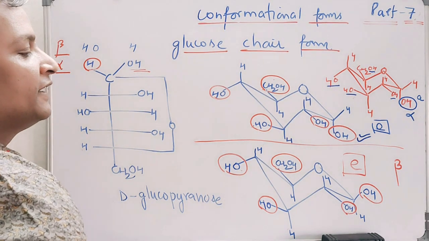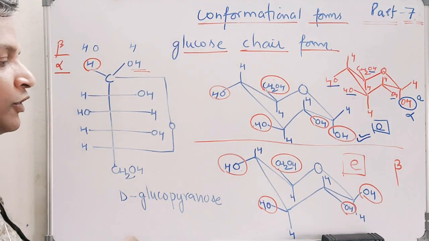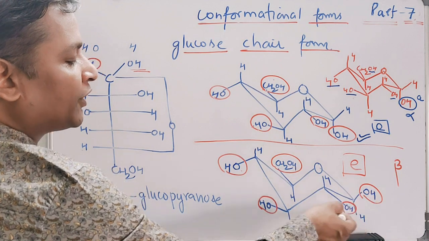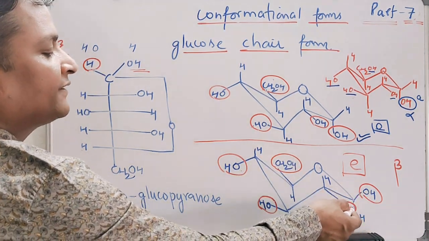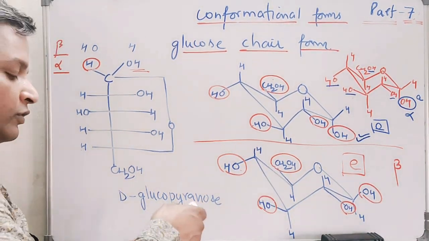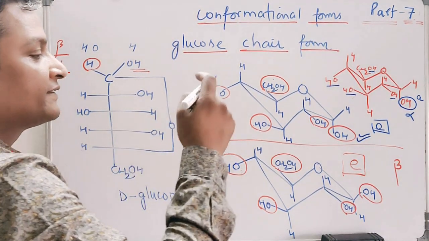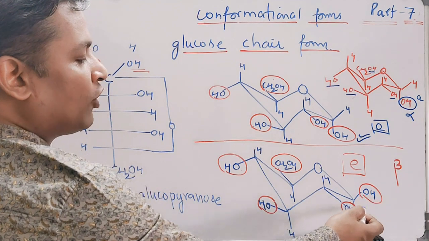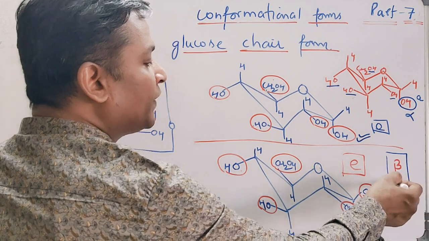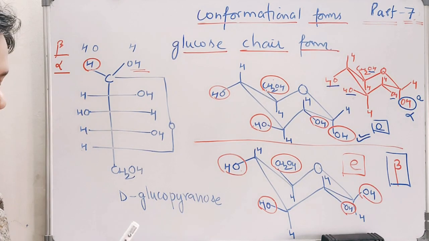If we consider the OH and CH2OH groups, they are considered to be slightly bulky groups. So one important line is that in the case of the beta form, all bulky groups are occupying the equatorial position, which is the less hindered position. Therefore, you should take note of this important point: in the beta form, all bulky groups are occupying the equatorial position. Therefore, the sugar beta form is always much more stable than the alpha form.